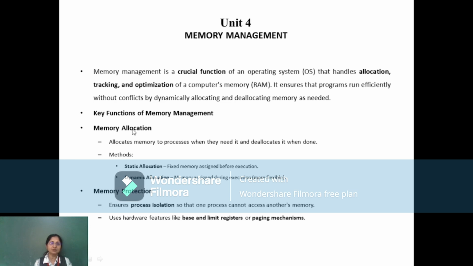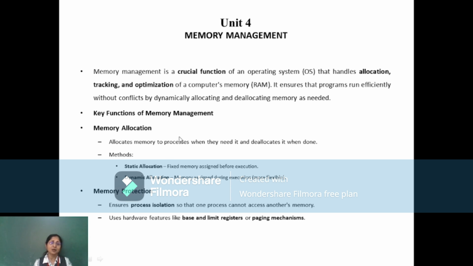As I mentioned, the memory is allocated to each and every process which is copied to the RAM from the secondary storage device. So as long as the process is still getting executed, as long as the process is not completed, the process resides in the RAM. And once the process execution gets fully completed, then the same memory is deallocated and the process is shifted back to the secondary storage.